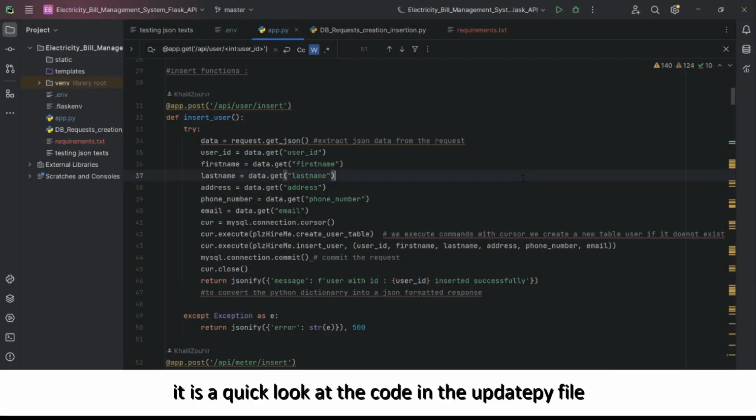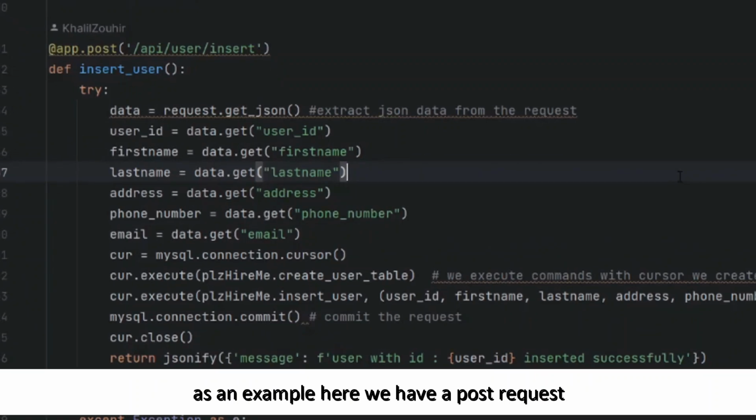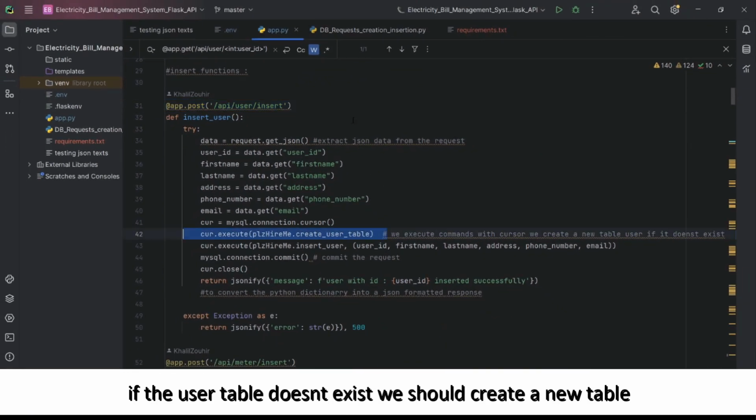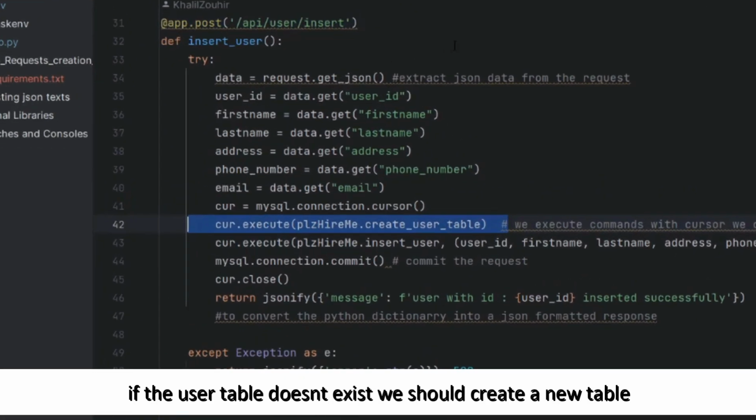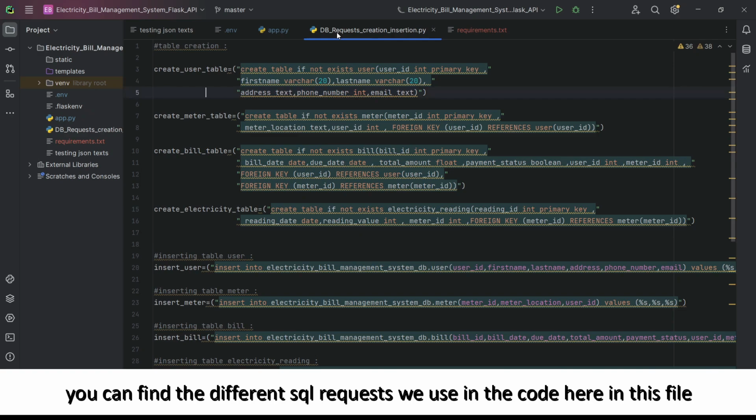Here is a quick look at the code in the app.py file. You can see the routes for the different CRUD operations. As an example, here we have a POST request to add a new user to the database. If the user table doesn't exist, we create a new table. You can find the different SQL requests we use in the code in this file,